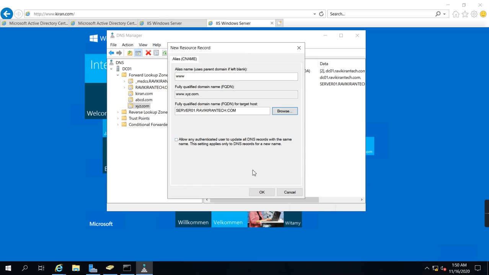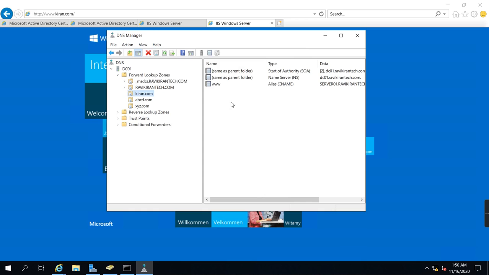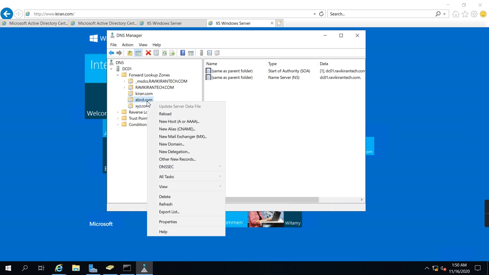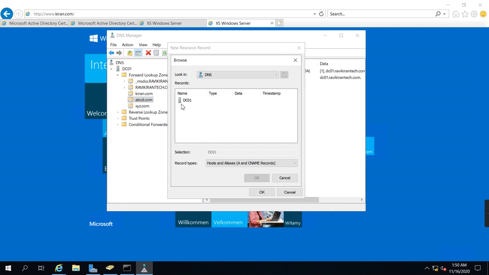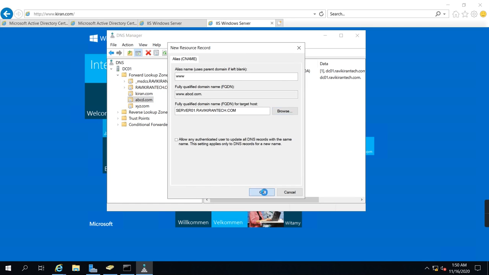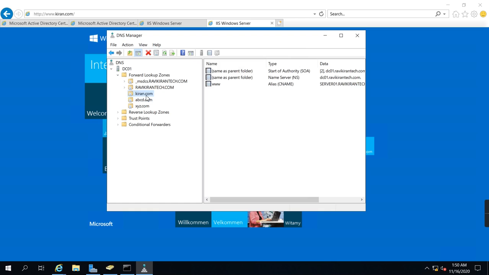So server 01 is the main server, so I'm selecting www dot will be pointing to the server 01. So same thing, I'm going to create CNAME here and browse pointing to server 01. Done. And Kiran also, it is pointing to